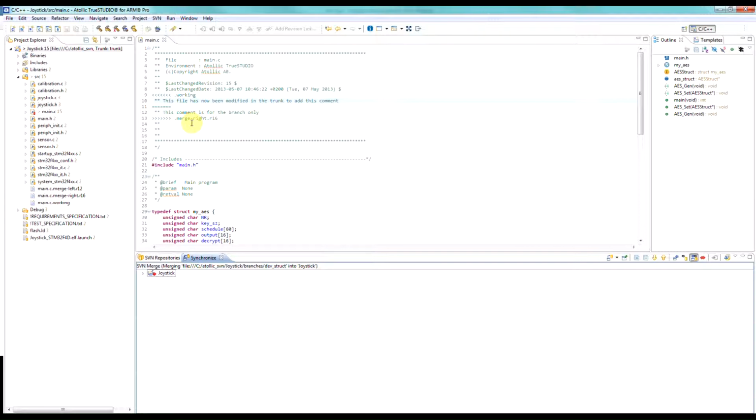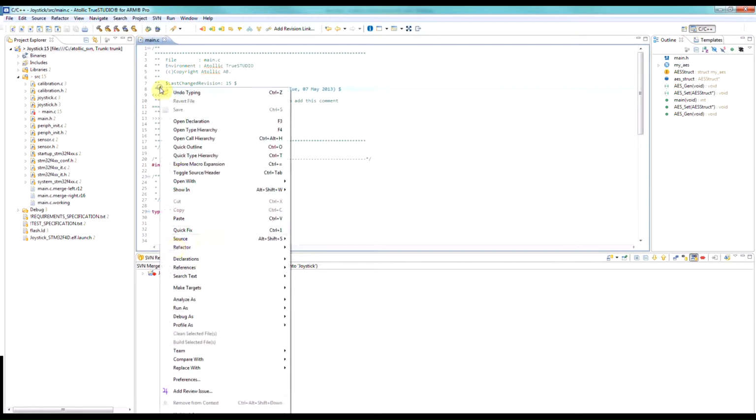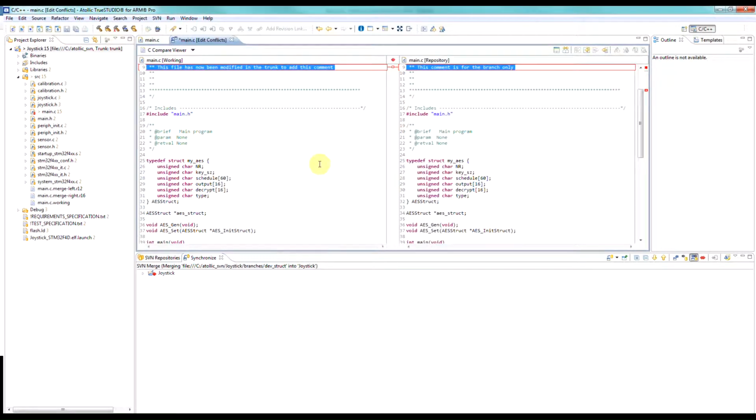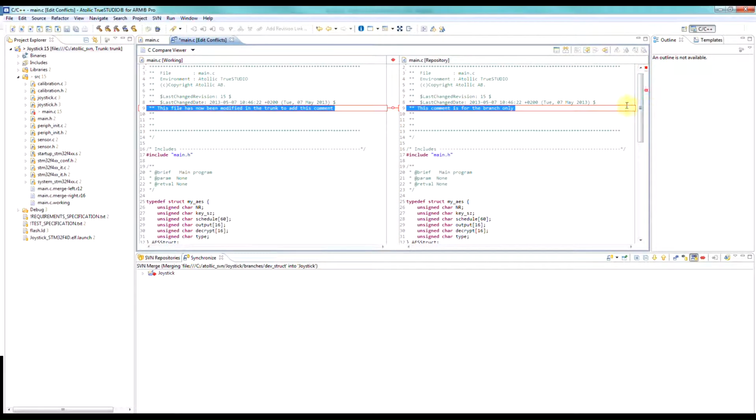Now I can make the changes to my source files manually should I wish to. However, the IDE has an integrated conflict editor built into it, and that allows me to very nicely decide how I want my resulting source file to look. So I can right click, team, edit conflicts, and now I have a file comparison view opened up, but it's a little bit different to the normal one we're looking at. You'll see that it has these red squares on the top, and we have just the one conflict in our system,